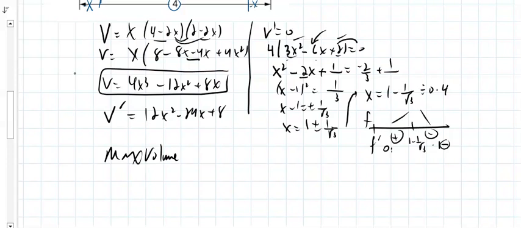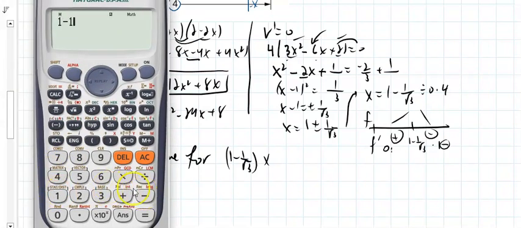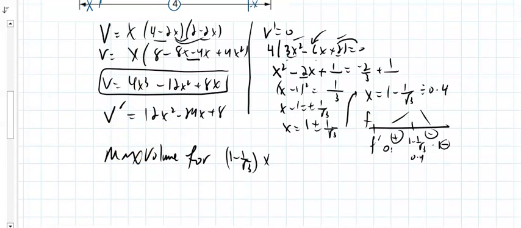Now here they want the dimensions. You could find the maximum volume by multiplying length times width times height. I have a maximum volume for x equal to 1 minus 1 over radical 3. Of course, you could use decimals if you have a calculator. If you allow a calculator, you simply take 1 minus 1 divided by radical 3, which is about 0.4. So you use 0.4, and the units were in meters, by